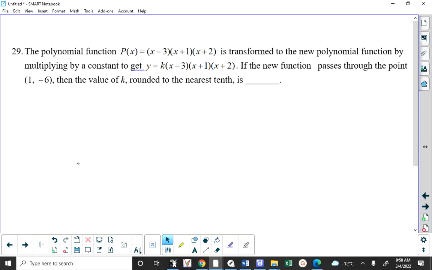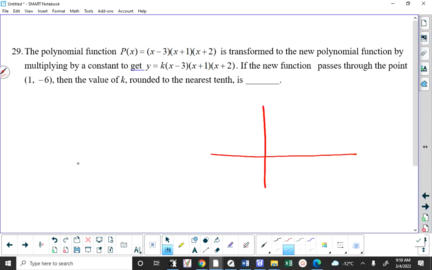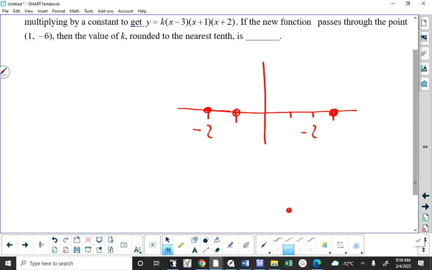If I told you, forget about this question, if I told you that we had a polynomial function with x-intercepts of 3, -1, and -2, and the polynomial function passed through this point (1, -6), and I said determine the equation of the function, then